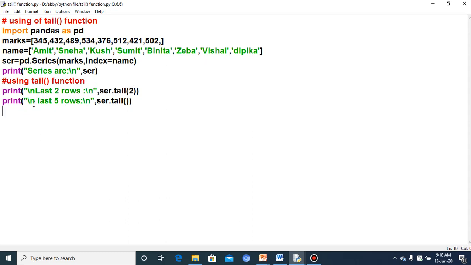And the next print contains last 5 rows. What does it mean? That means if we do not provide any parameter for the tail, then by default it will take the value of n as 5. So last 5 rows will get returned. So SER.tail will return the last 5 rows. Okay, so you can see in the output.